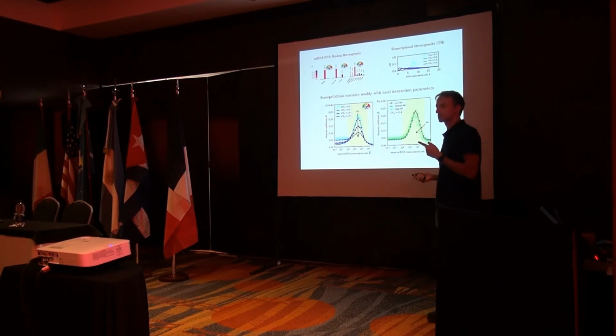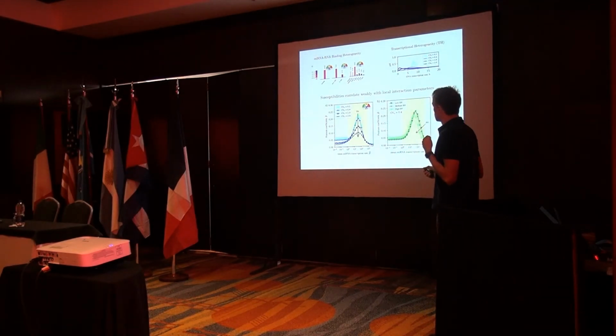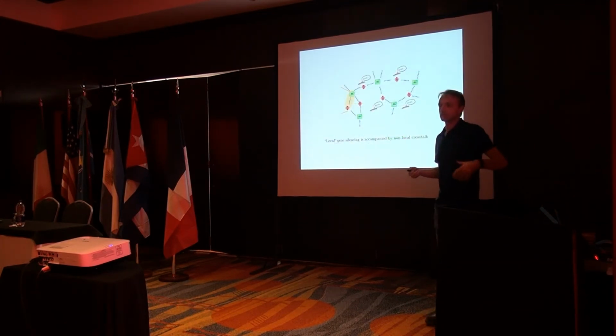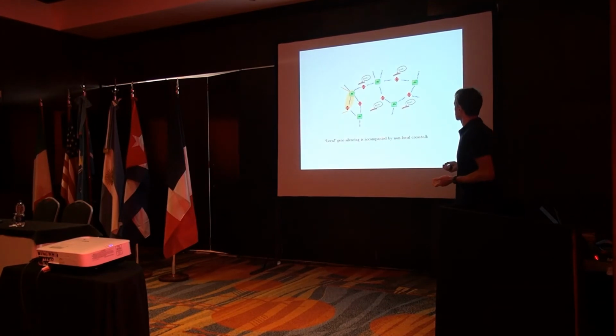Now I find this interesting for two reasons. One is that, well, let me tell you one for the moment. Many people try to predict crosstalk patterns based on local interaction parameters, and this says that it's not a very good idea, okay? And then the other picture that this suggests is that, of course, long-range interactions are important. So, for example,